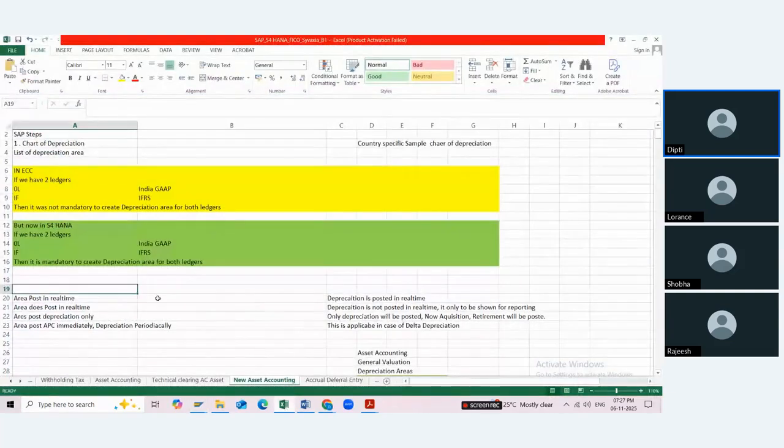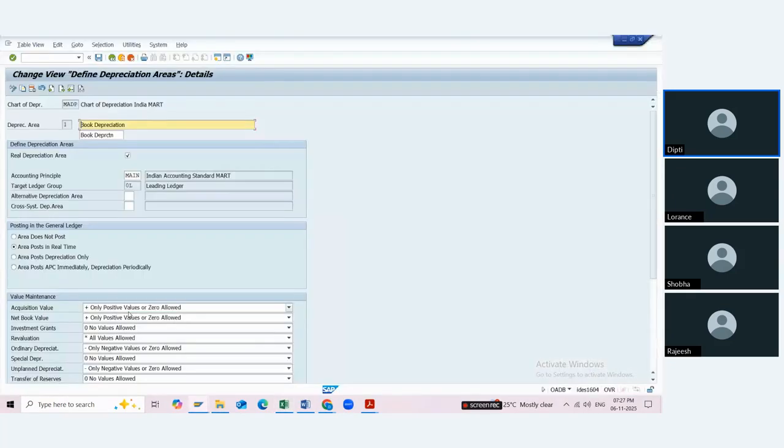Now, when we talk about the area does not post in real time, it is usually created for the tax related depreciation area 15. Normally for 15, not compulsory 15 number, but 15 is usually your tax depreciation. So the tax depreciation means the income tax related depreciation for India, for example.